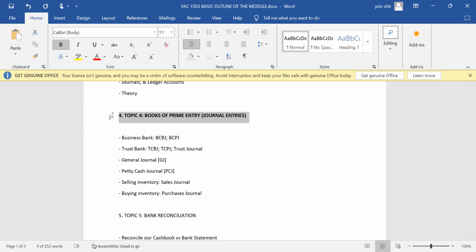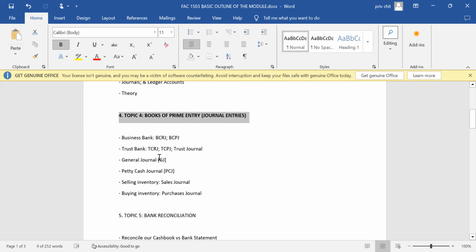So the books that we use to record or capture those transactions, we call them journals, or books of prime entry. There are several types of books of prime entry that a business practice could use. In the context of you as an attorney practice, there are specific ones relevant and applicable to your business operation. That would include, for example, your business cash book, which is your business cash receipts journal,